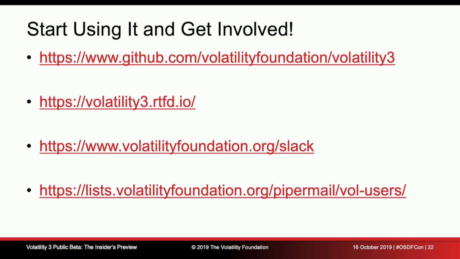The other thing is, if you want to keep in touch with us, as of yesterday we started a Slack server for the Volatility community. All the open source stuff, the developers will be active here. That link, volatilityfoundation.org/Slack, will auto join you in. You don't have to have approval or anything like that. And then we have our mailing list that's been around for a long time. So on Vol users, whether it's Volatility 2 or Volatility 3, if you have questions or want some help with analysis, just send an email, definitely let us know. If you want something more real time, definitely join our Slack server.